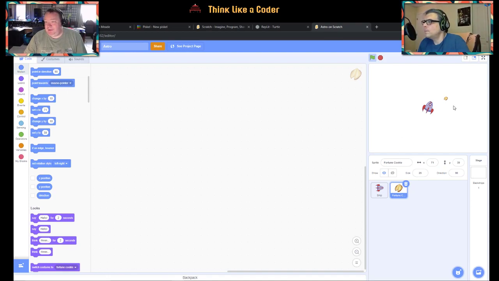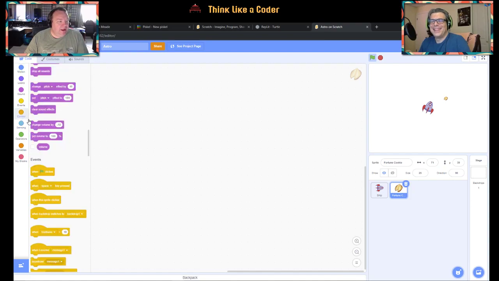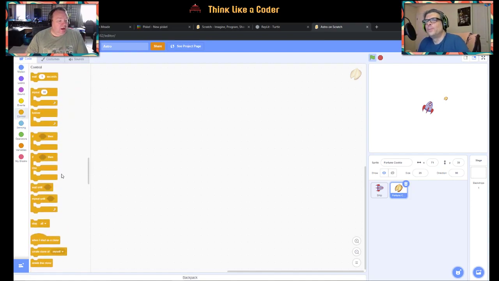There we go. You can still tell it's a fortune cookie. Yep. So one of the things we're going to want to do with this one here, right? So I think what we can do is we can make this one have a "when I start as a clone" event. It's like multiplicity. All right, yeah, when I start as a clone, because what we want to do is we're going to want